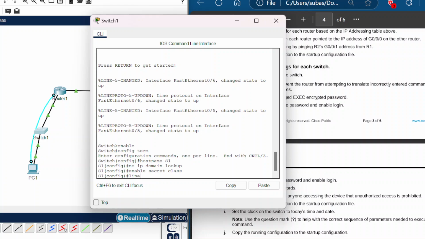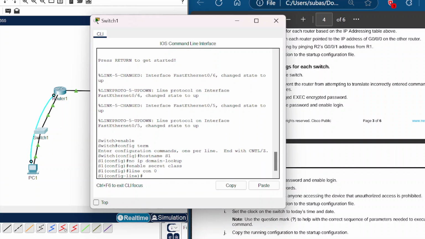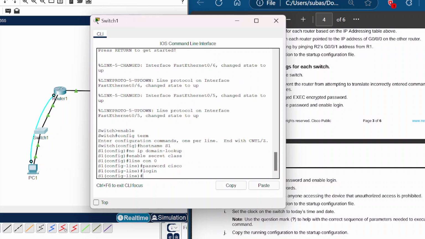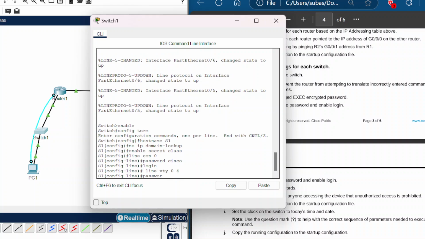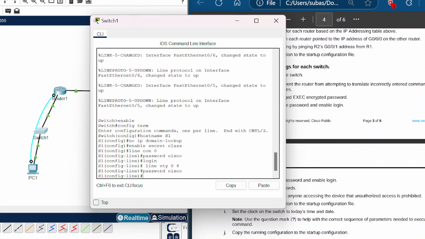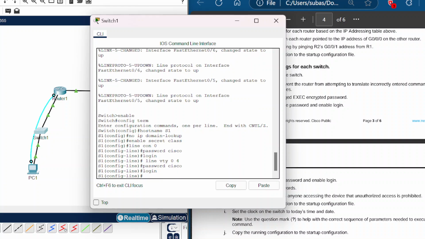Then line console 0, password Cisco, login. Alright, now we're gonna assign line VTY 0 24, password Cisco, login. Alright, and then we're gonna encrypt the plain text password with service password-encryption,